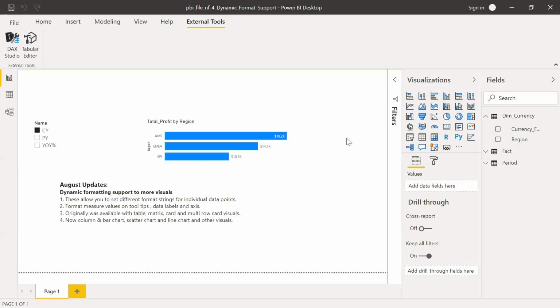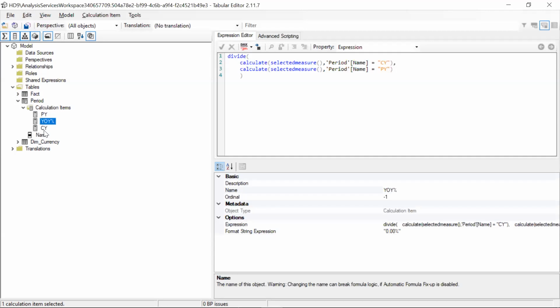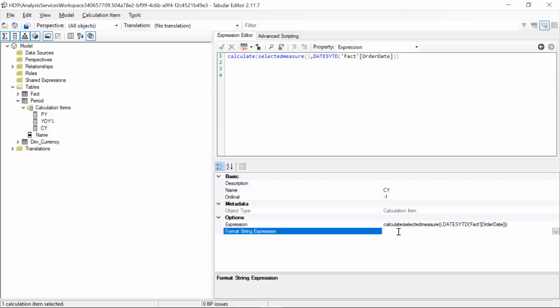To do that, I need to first click on the tabular editor. A new window opens up here. Expand these tables. If you notice here, I already created a calculated group called period. If I expand this, I have the calculation items: previous year, year on year, and the current year. Now I want this format string function applied to this particular input window. To do that, first let me